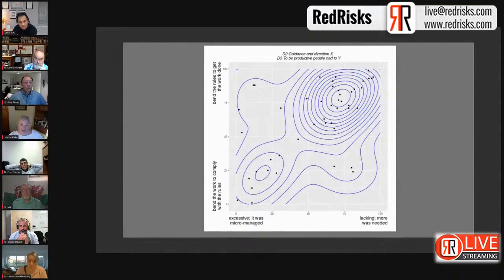So how can we get less stories like this up on the right-hand corner and more stories here towards the center? So again, it's by tapping in and getting the context, developing some safe-to-fail experiments and seeing, can we actually shift that pattern? That shift is much more meaningful than actually going out there counting injury rates.